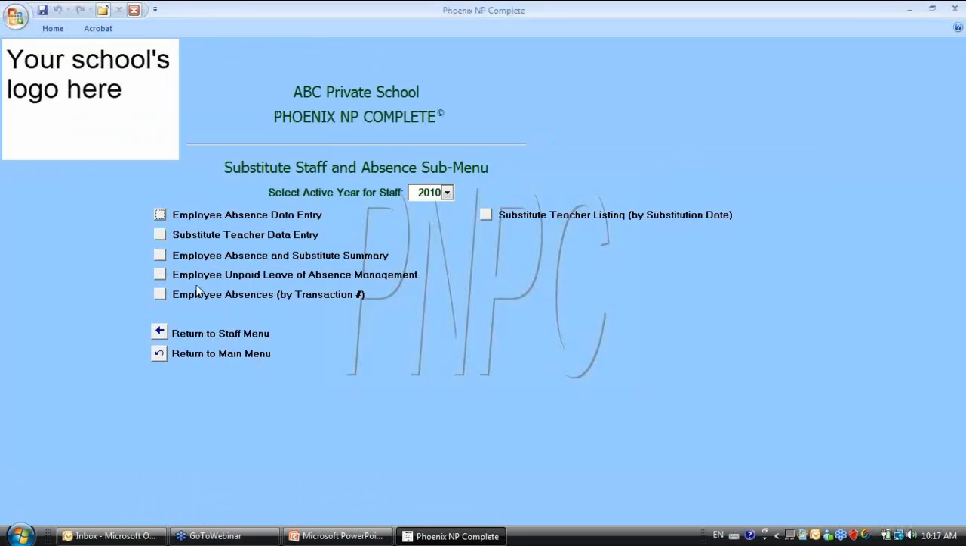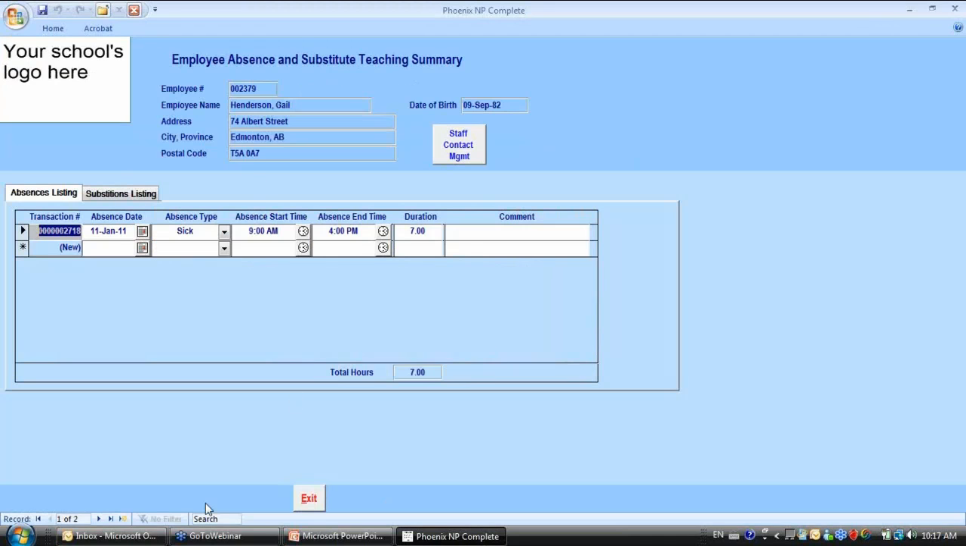So we click exit. Let's go back into this employee absence summary, and if we go to Lee Richards, there you can see January 12th. There's the data that I just entered. So we can now